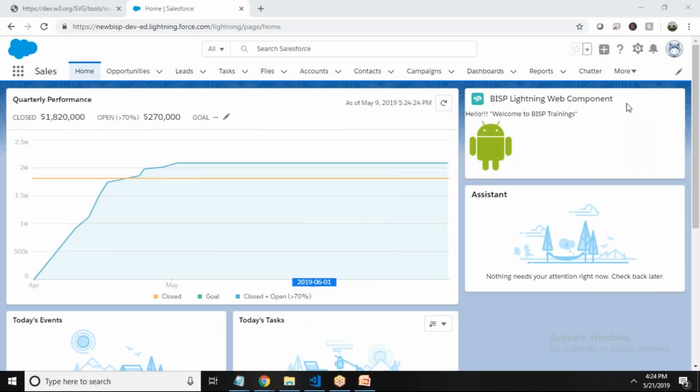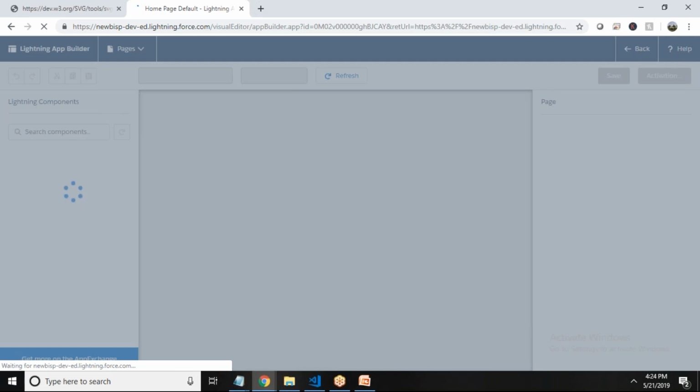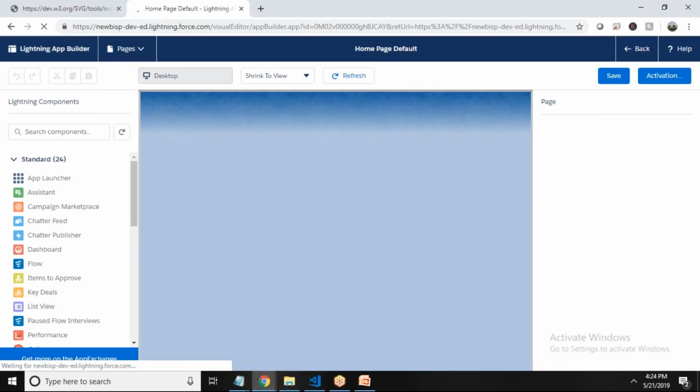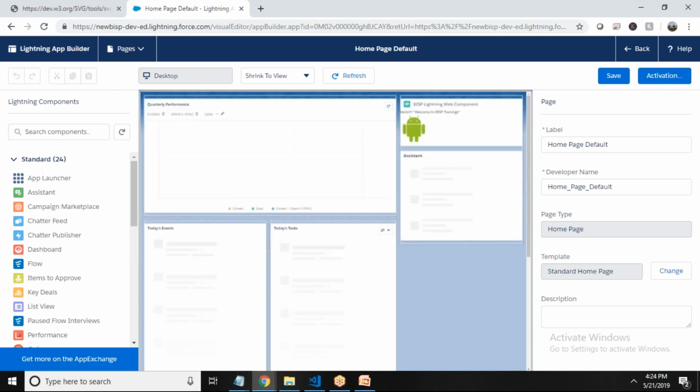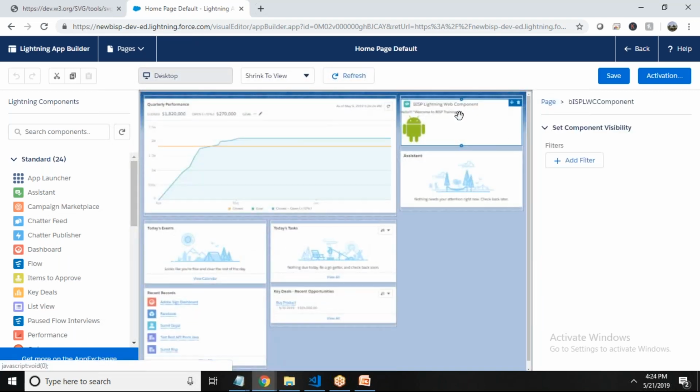As you can see here, there is one Salesforce Lightning web component I have added, which is showing a title, one message along with one image. Now if I switch to edit pages and open the properties of this Lightning Web component, I'm not able to change the properties at runtime. I won't be able to change the image or the title and so on. If I select this component, there are no attributes to be changed. So my requirement is that we need to set attributes for this Lightning Web component